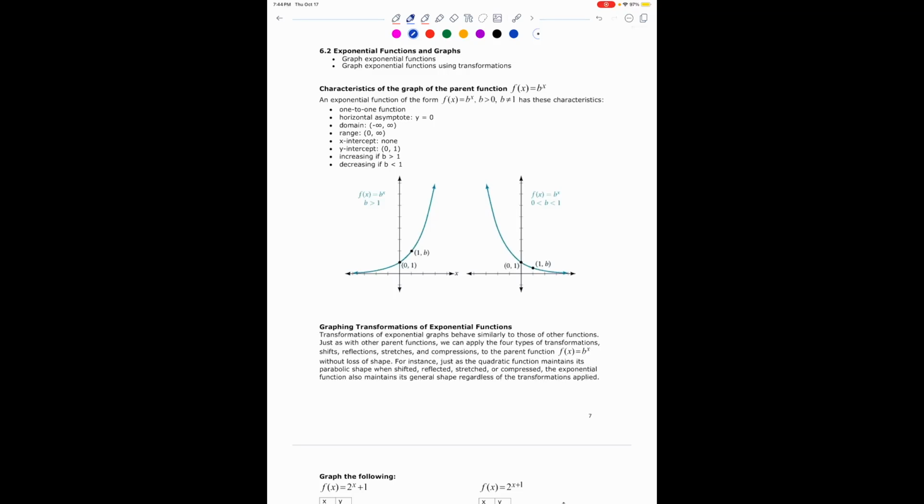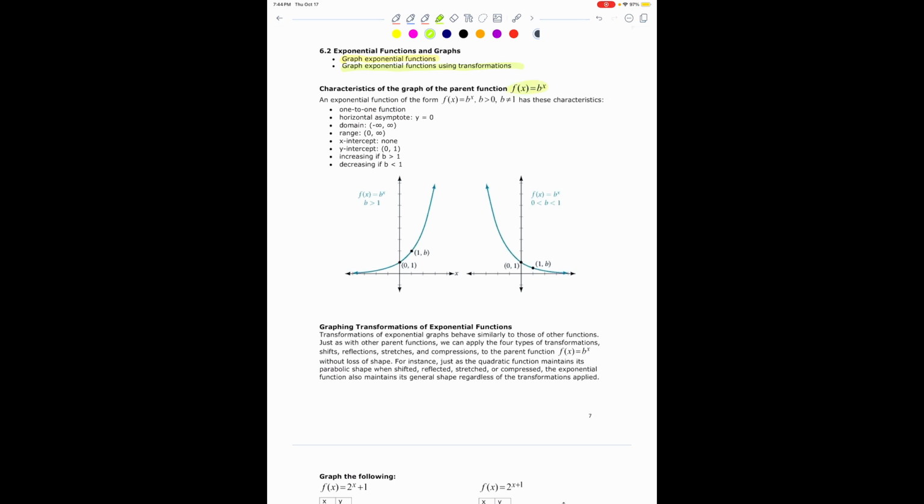Section 6.2, exponential functions and graphs. In this section, you're going to graph exponential functions, and you're going to graph exponential functions using transformation. First, let's look at the characteristics of the graphs of the parent function, f of x equals b to the